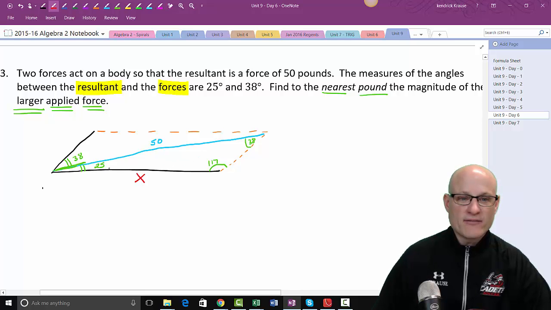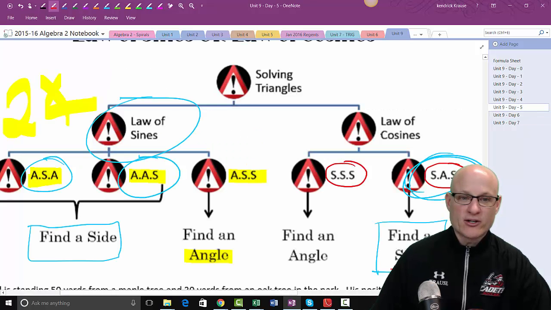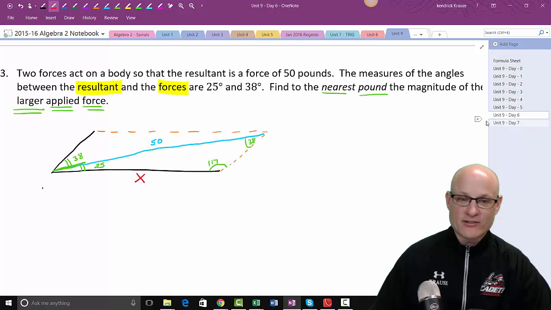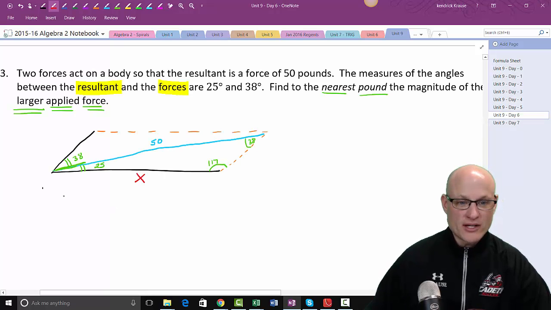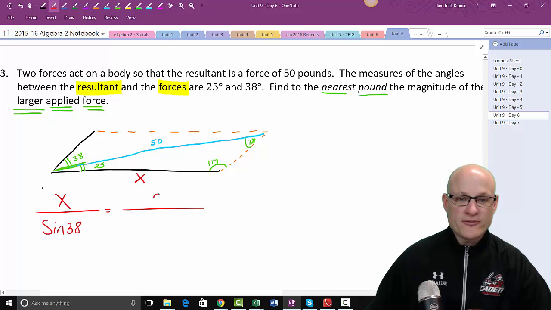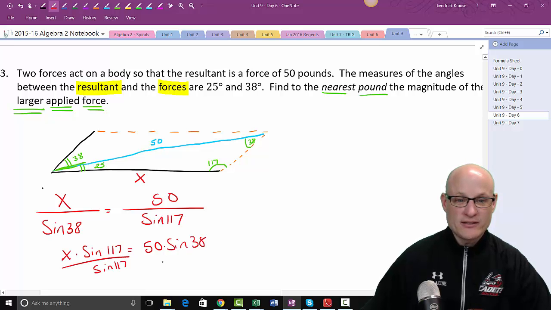Now, let's see what I have here. I have angles. I got all kinds of angles and only one side. And if you go back here, which one uses two angles and a side? Law of sines, exactly. So when I come back here, I know I'm going to do the law of sines. x over sine of 38 is equal to 50 over the sine of 117. Cross multiply, I get x times the sine of 117 is equal to 50 times the sine of 38. Divide by the sine of 117